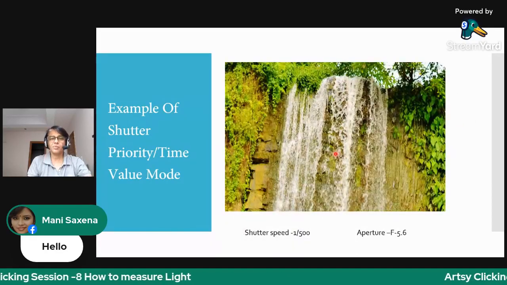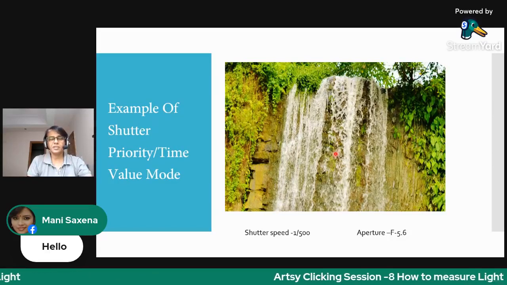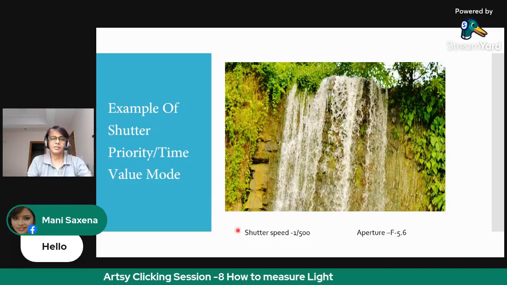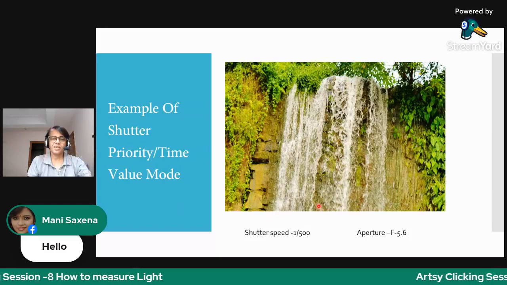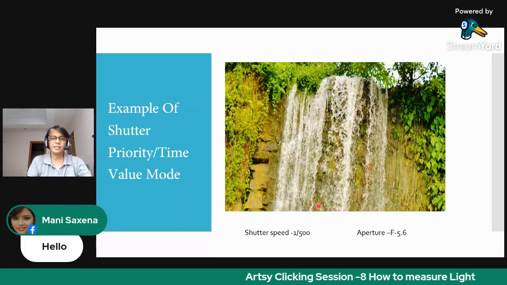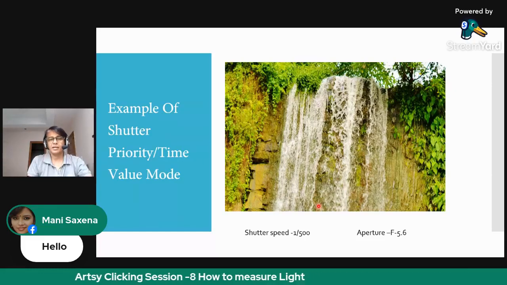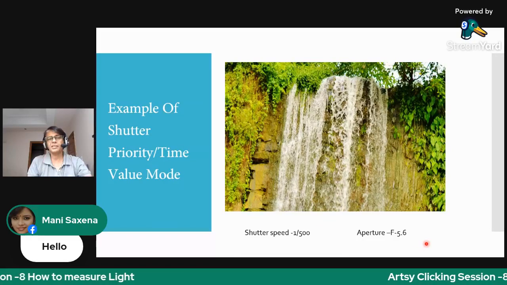In another shot where I wanted to freeze the water droplets, I chose a higher value for my shutter speed, 1 by 500, and so this was a very fast shutter speed, and that would let in very less light. So to balance that, my camera chose the aperture f5.6 to get the light meter at 0.